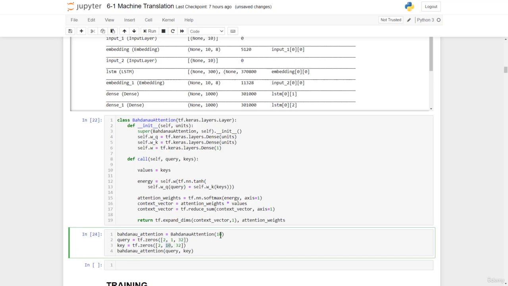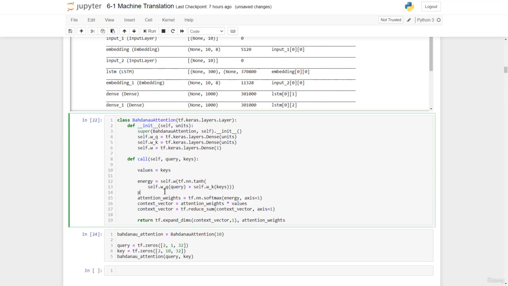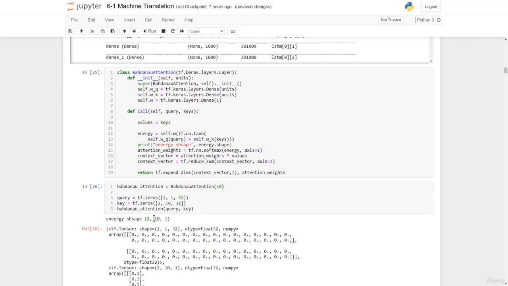Now we can go ahead with that. Before running this, let's print out the shape of the energy. So let's say energy.shape. We run this, and that's fine. So now we have the 2, that's the batch size, the sequence length, and then 1. So that's basically the energy we obtain,